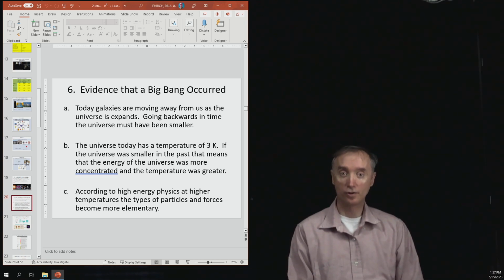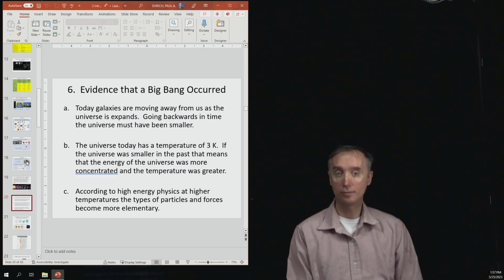Well, the official metric unit for temperature is called the Kelvin. And 0 Kelvin is the absolute coldest that anything could be. At 0 Kelvin, molecules would actually stop moving because they would not have any energy at that temperature. This corresponds to something like negative